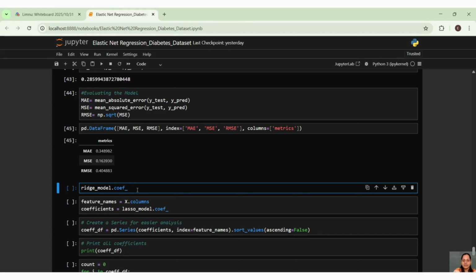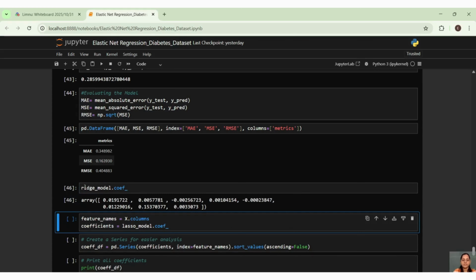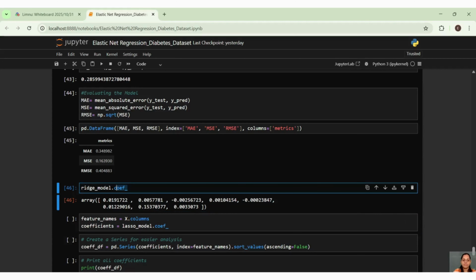So for that I have taken coefficients. You can see this is a property, right? We need to get the coefficients, and how many coefficients are needed here? We need 5 coefficients, right?